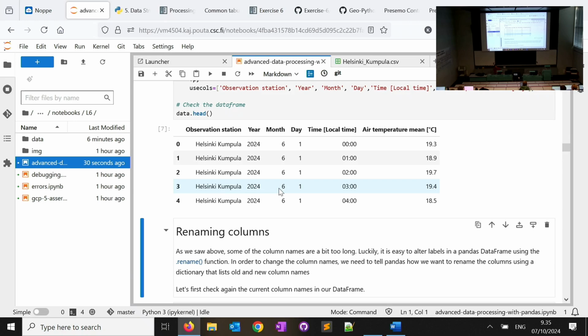But when you're doing data analysis, such long names are a bit difficult to work with. What I don't like is that we have a lot of signs and spaces in the names, so depending on what you're doing, you might run into issues. So what I'm going to do is rename our columns, and this is the first time we are renaming columns in a pandas data frame, and that makes it a bit easier for us.